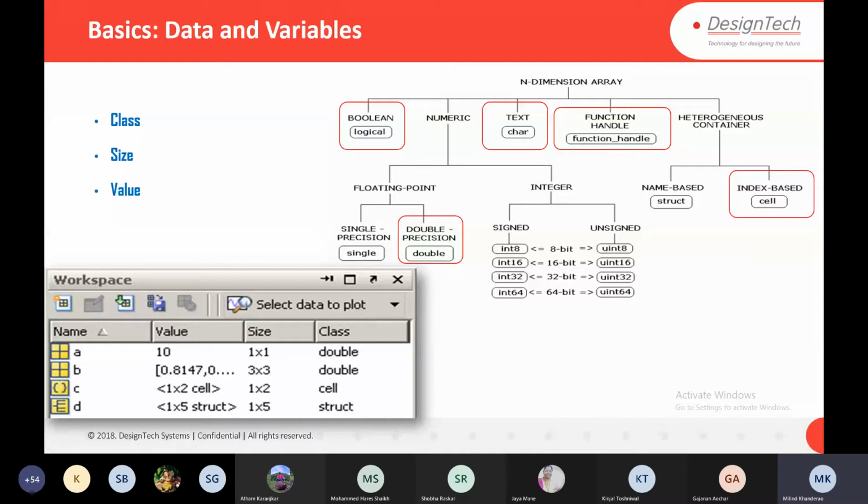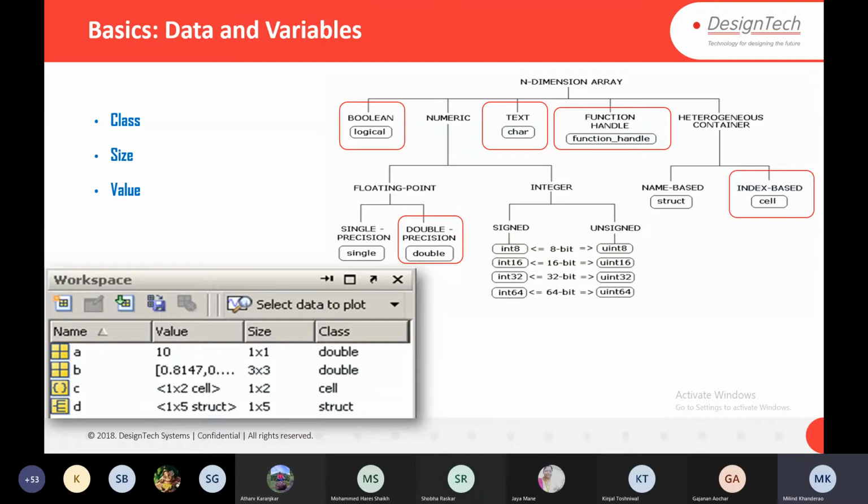Then the basics, the data and variables. Let's go through one example: class, size, and value. Let's consider an n-dimensional array. It might be boolean, numeric, text, function handle, or heterogeneous container. Boolean stands for logical.